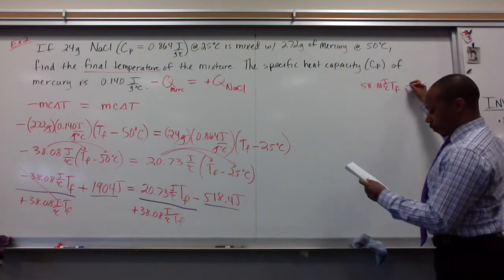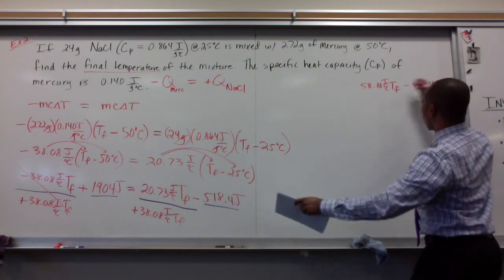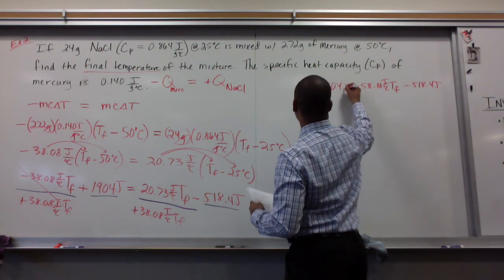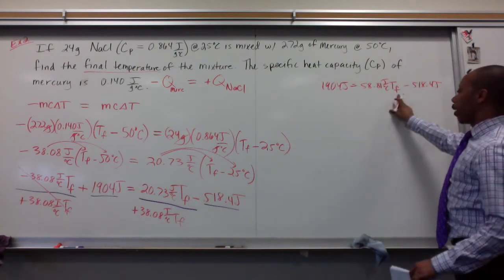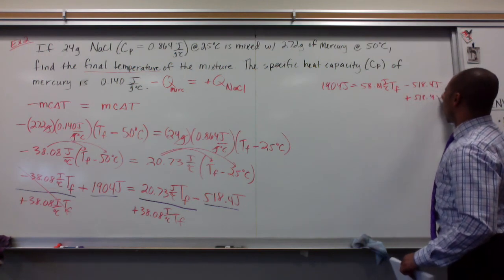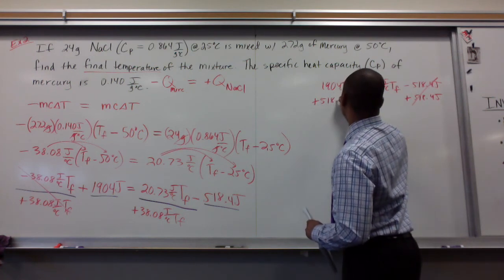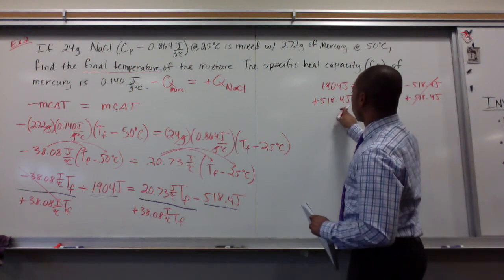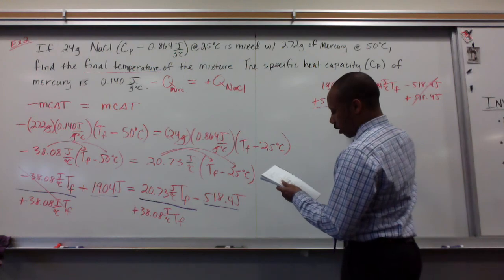And I still have a minus 518.4 joules over here. Now on this side, I only have the 1904 joules left. I still want to isolate this variable, so I'm going to add this to both sides. Cancels over there. Plus 518.4 joules. 1904 plus that, 518, give you approximately